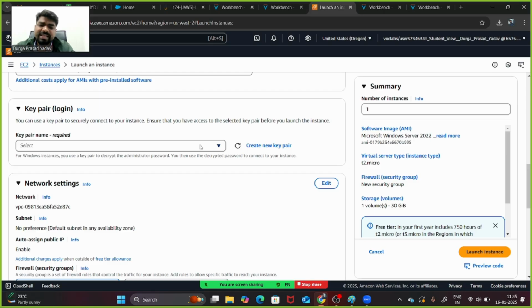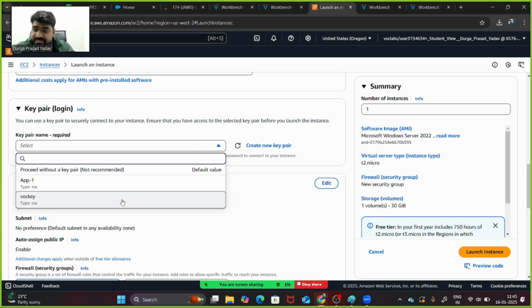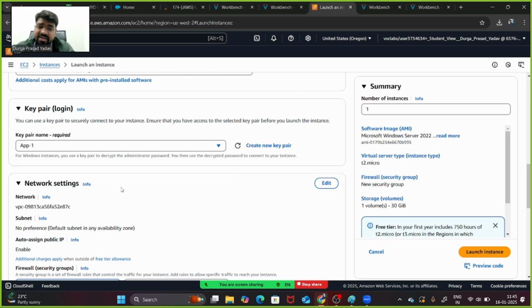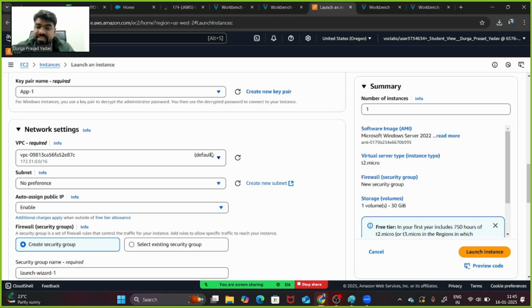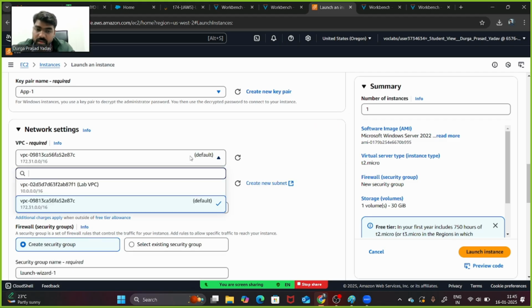You can use the same key pair for both of the machines, or you can create a different key pair, it's up to you. And you can edit this network setting. If you are creating machines, you have to select the lab VPC. This is the network which has been given to us to perform this lab.